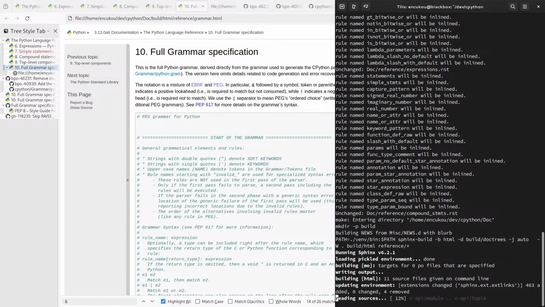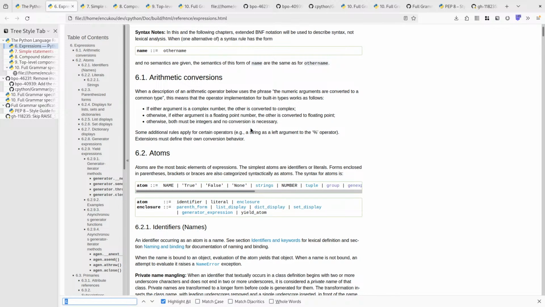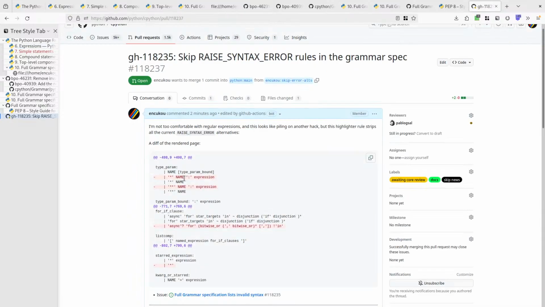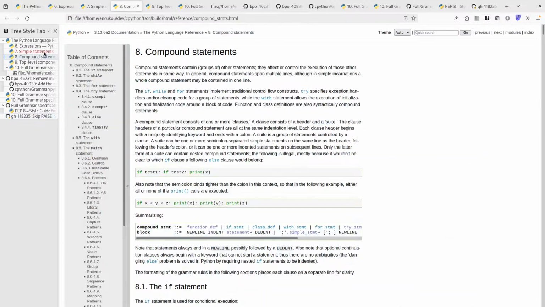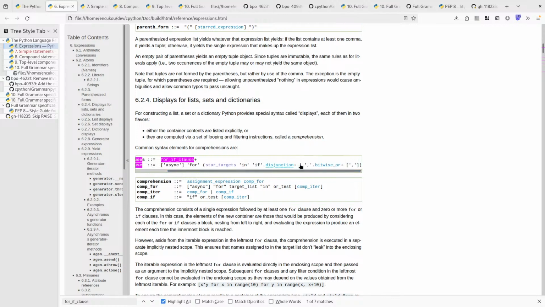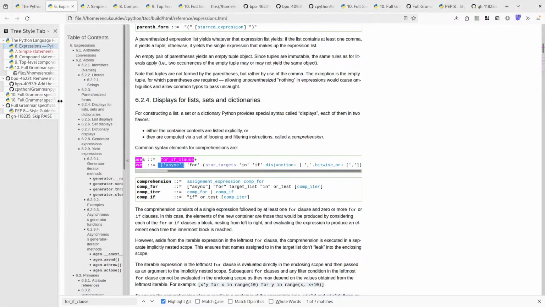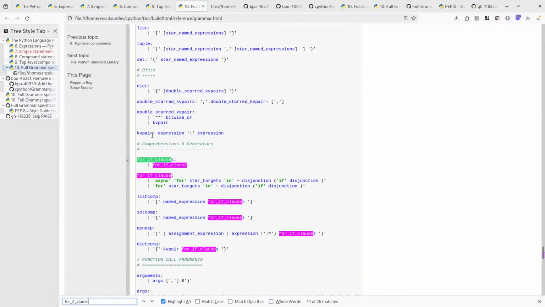So when the tool generates that, is that in expressions? What was the name? For if clause? Yeah, for if clause. Then I don't get this part here. So this is the simplified form, right? The original was, where do I look at the original? Here,